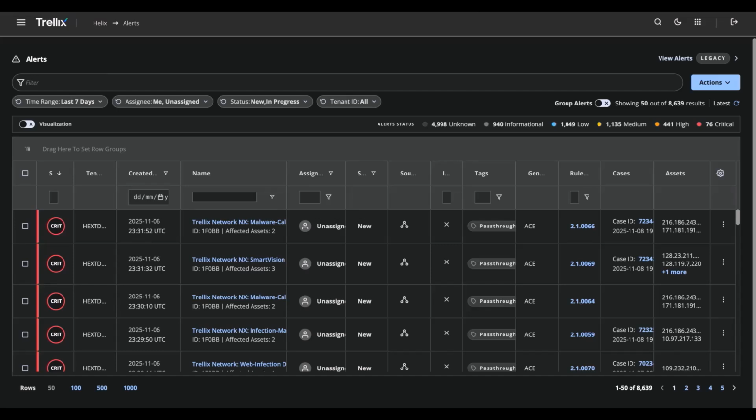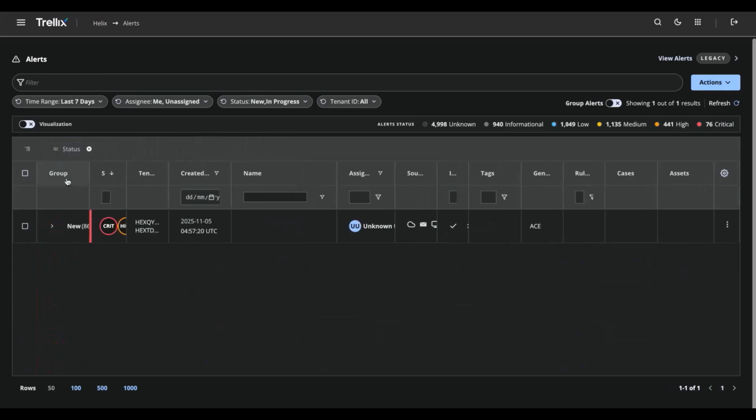As you can see, you have some quick filters that you can use to quickly get to the alerts of your interest, and then you also have a filter bar which you can use and type in for something. You also have column filtering enabled for each of the columns that you see here. And you have an option to drag and set by a particular group and create those row groups if you want to. So for example, here, let's say if I want to create a group for status, then I should be able to do that,